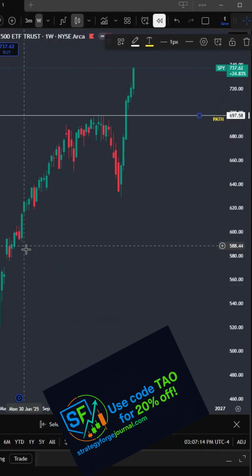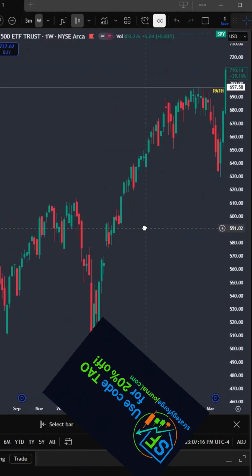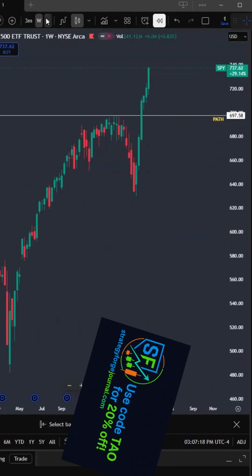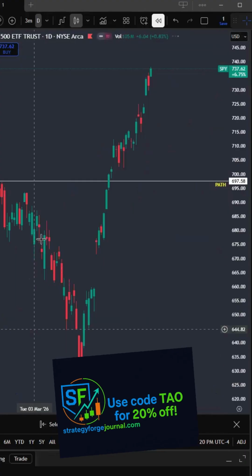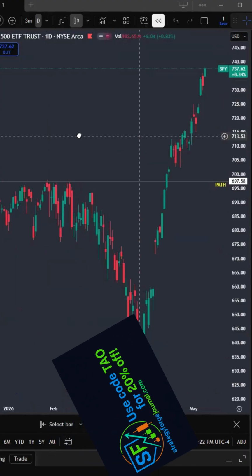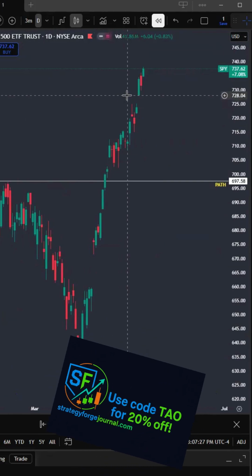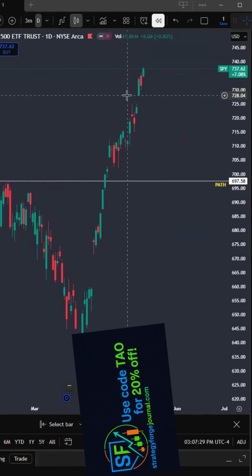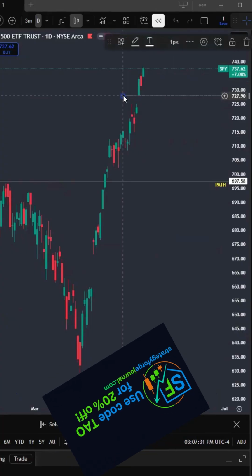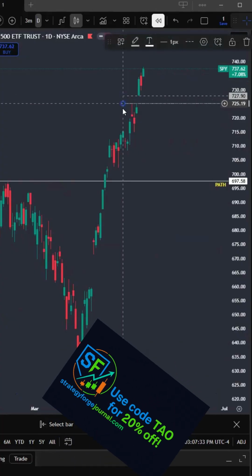I will go to the weekly chart, take a look. I think the one that I got from the monthly chart is all that matters. We will head on down to the daily chart. All right, the very first things that we want to pick out when finding key levels is looking for any gaps. So we have a gap here, we have a gap here,